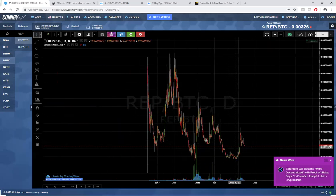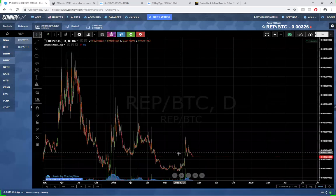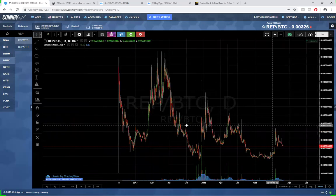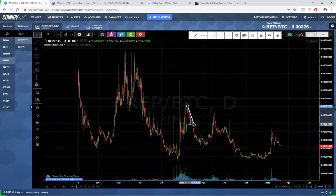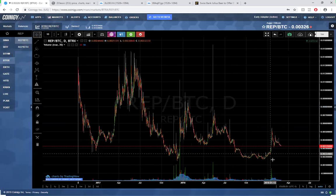My preference as far as longer term investing, I don't see a trade setup on this. It looks like it could very well break down, or be up here and just do a retrace down to this zone if there's no fall through. But investment wise, I prefer investing in networks versus DApps,